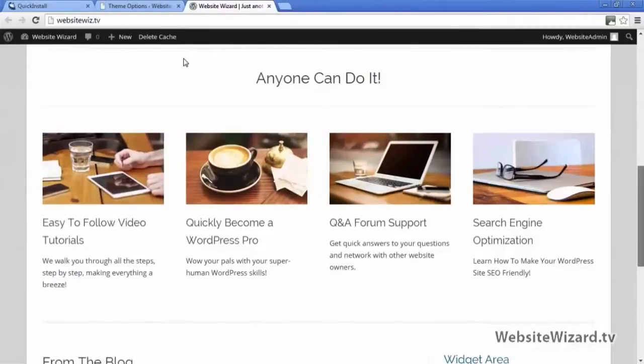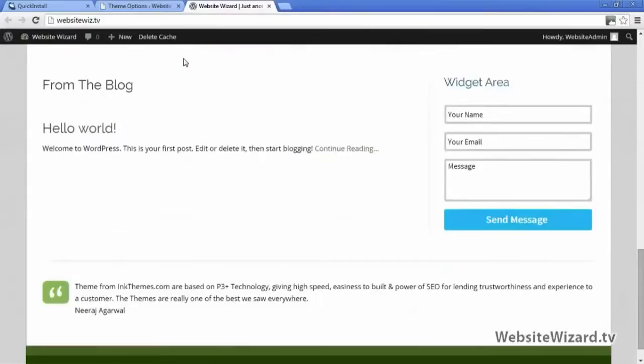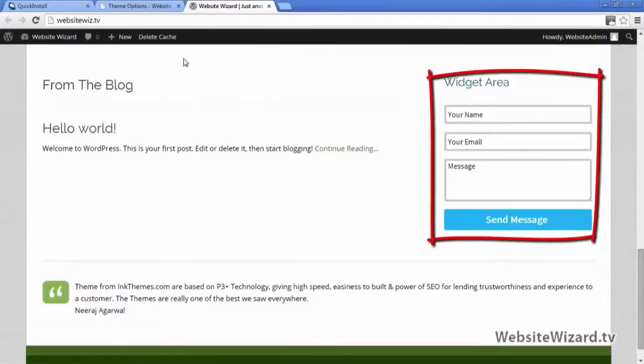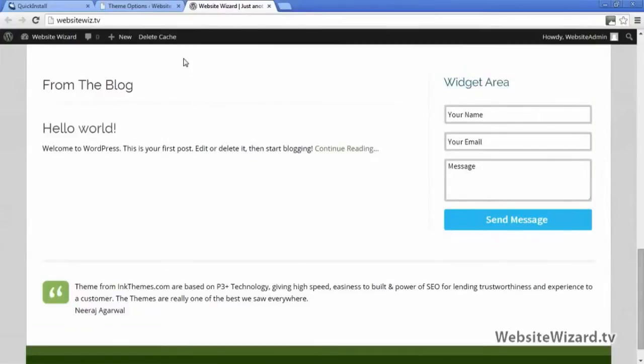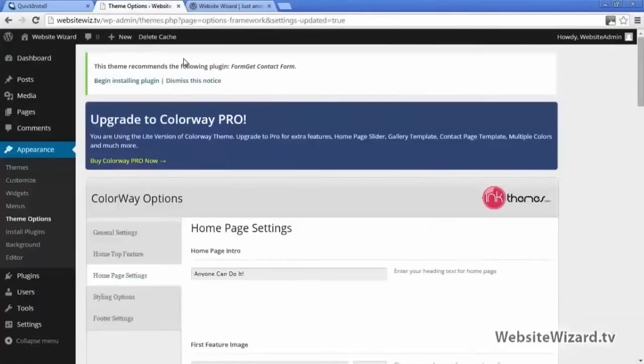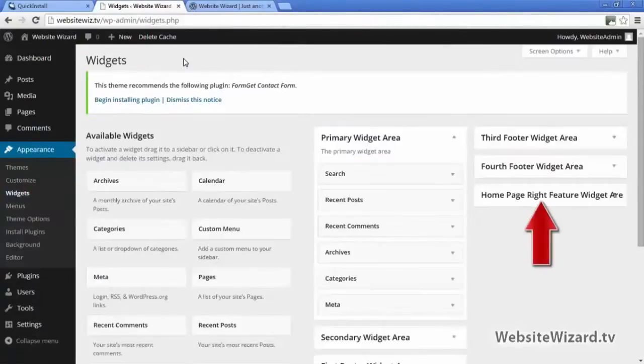So if you scroll down a little further, you can see we've got this content right here, here, and here. So the first thing I want to do is just remove this widgets area right here. So to do that, head back to the website, and then underneath appearance, you'll see widgets here. So go ahead and click widgets, and you can see this homepage right featured widget area. So if you click the drop down there, so what we want to do is we want to go ahead